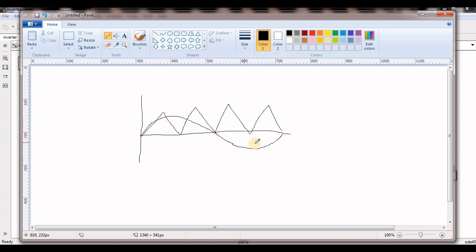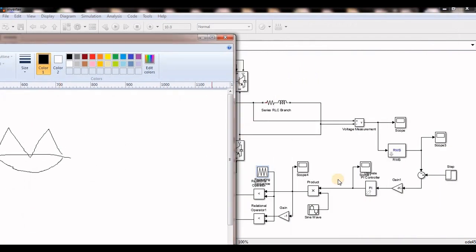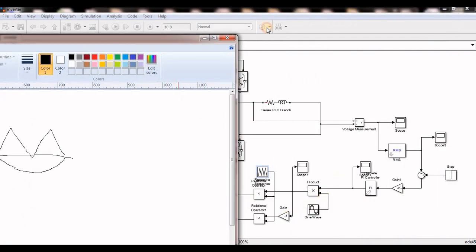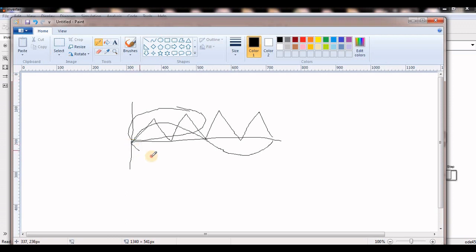So by comparing positive triangular and positive sine wave, I can get the pulses from 0 to 180 degrees only. So whenever I multiply the sine wave with -1, I can get the negative of the sine wave. So I can get the pulses from 180 degrees to 360 degrees by comparing